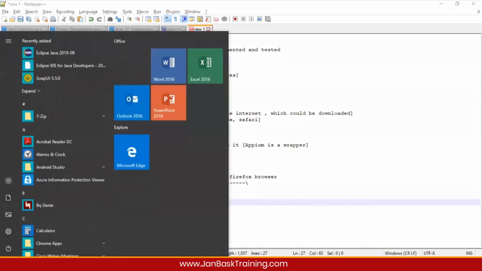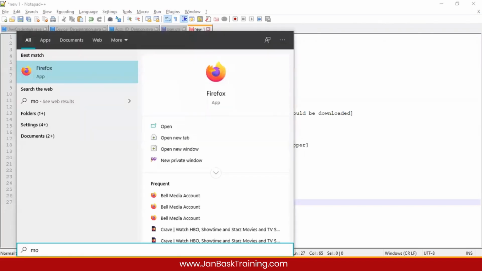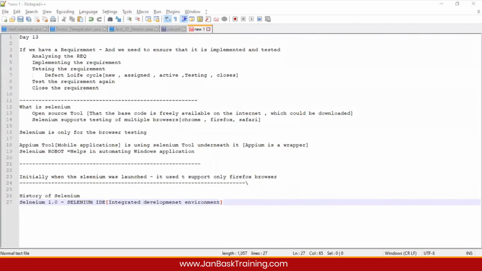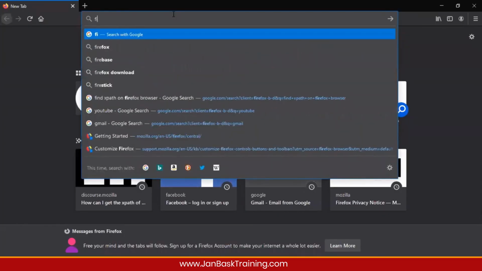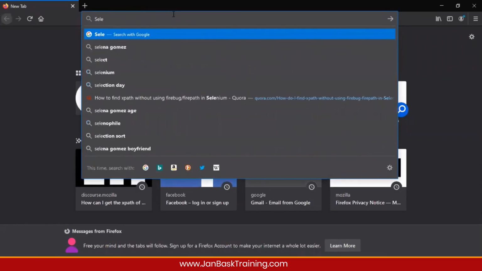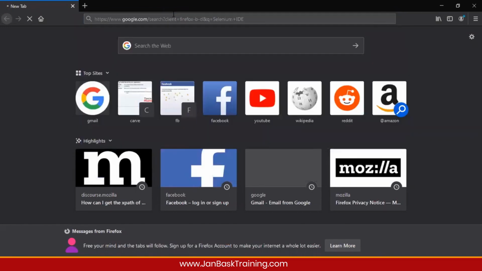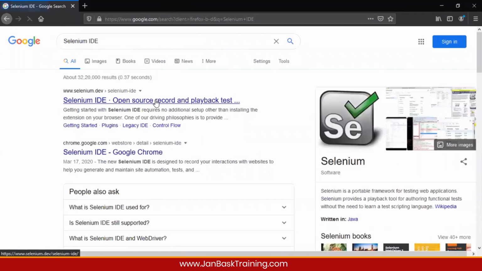I hope you all have Firefox installed onto your systems. So I'll type over here Selenium IDE. So you have seen this thing over here.